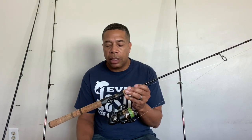So I'm going to show you how I have mine set up. Starting from here, these two are the rods and reels on this side that I use the most right now, just because of where I'm fishing and where I'm targeting. If you see me on my videos, I'm mainly out on my kayak, but these are good as well because I can throw these in the back of my vehicle. So this first one is